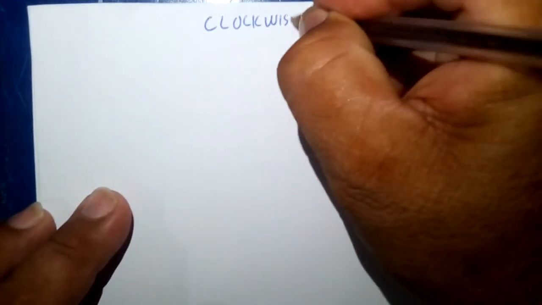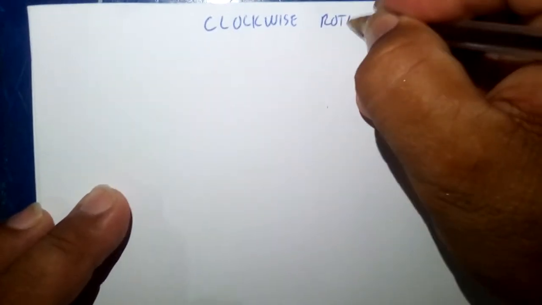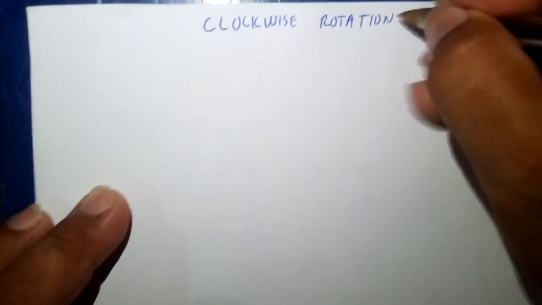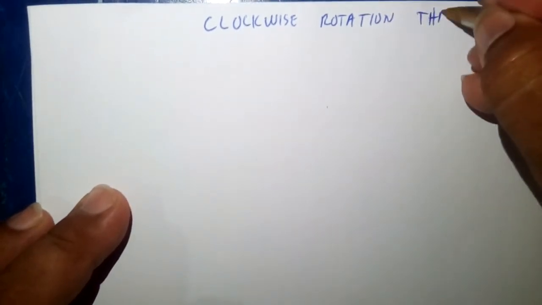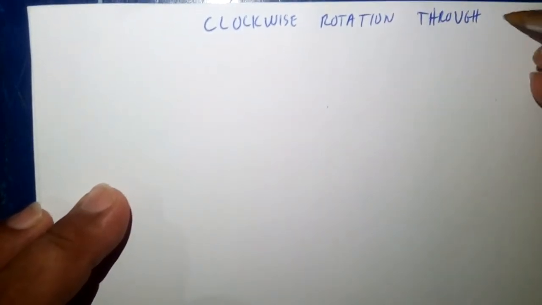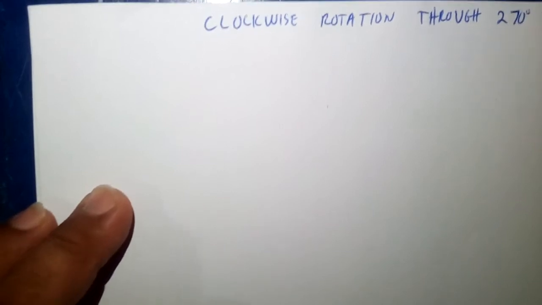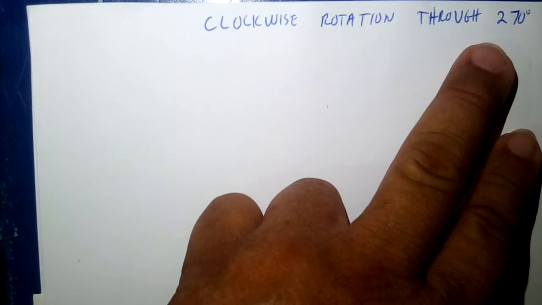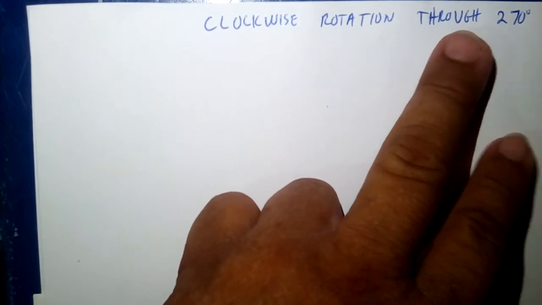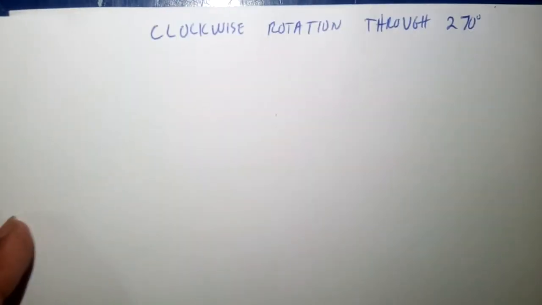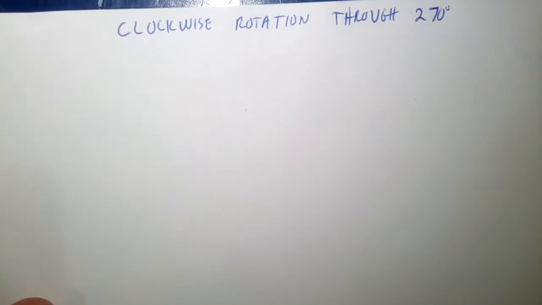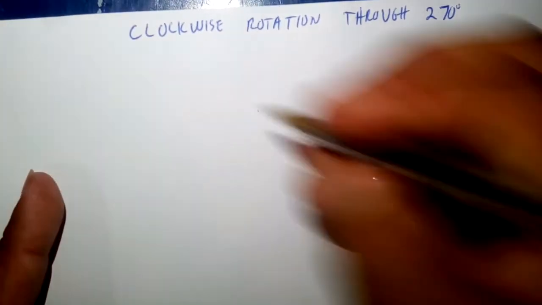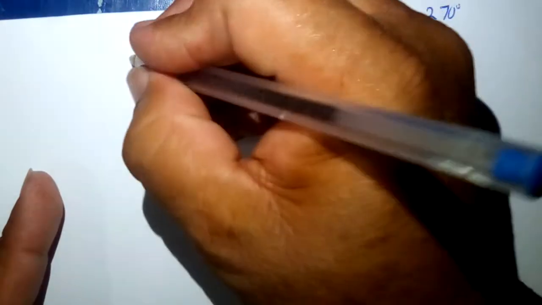Okay, in this topic we'll be doing clockwise rotation through 270 degrees. Now keep in mind that clockwise rotation through 270 degrees is also equivalent. Okay, let me write that down, it's not visible there. So that is also equivalent, or let me put it here, or